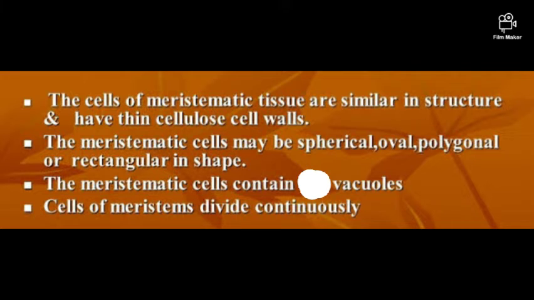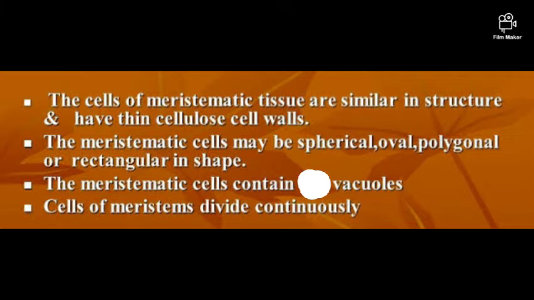Let's now quickly check out the properties of meristematic tissues. We know that the cells of meristematic tissues are highly active and they keep on dividing. For the cells being active and to divide, the nucleus has to be prominent. So the meristematic tissues have a prominent nucleus. They should have a lot of cytoplasm to support the division. So they have a lot of cytoplasm. The cell is full of cytoplasm which supports the cell division and keeps it active.